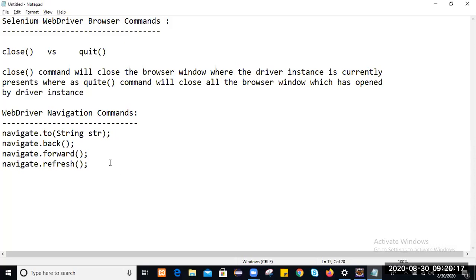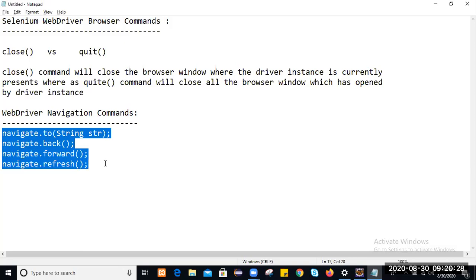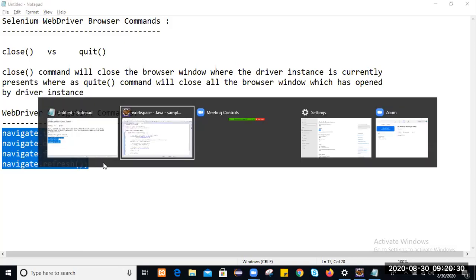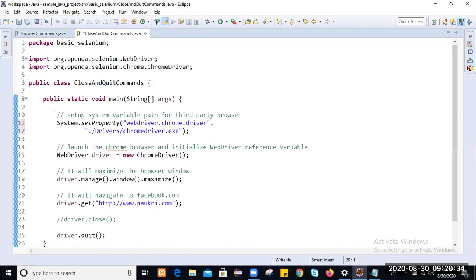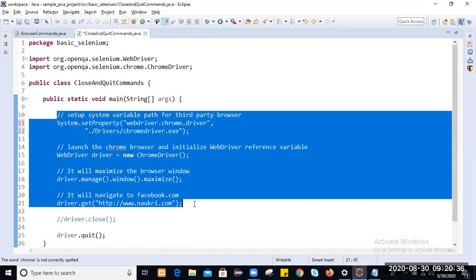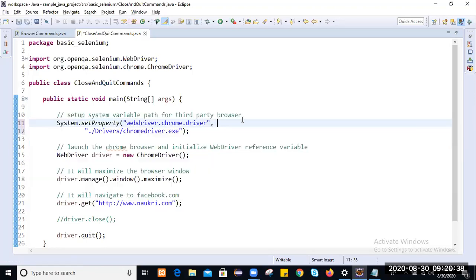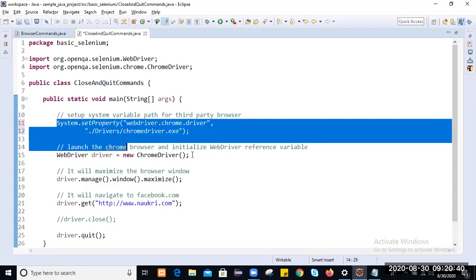If you are on any page and you want to go forward or backward, then you can use these WebDriver navigation commands. So let's go practically. Let's take these two lines of code.